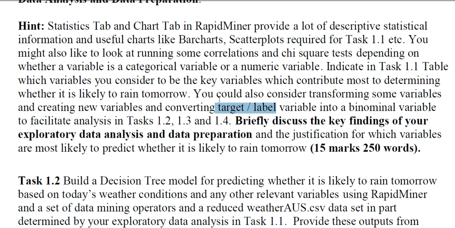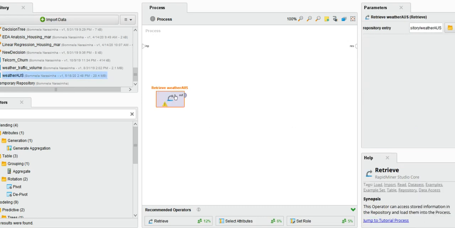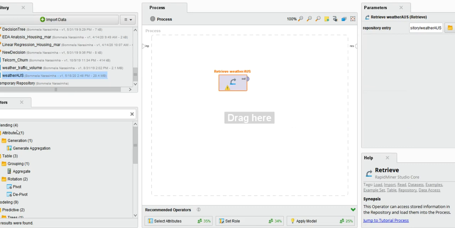So is the case here. So let me start working on it. I already imported the data set. Okay, now I have the imported data set. Now generate